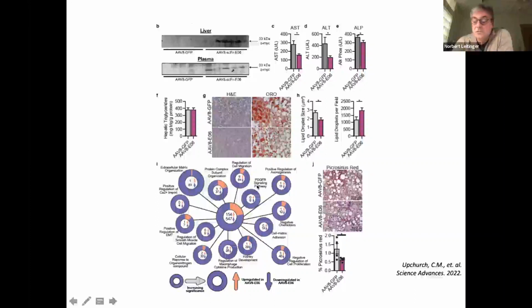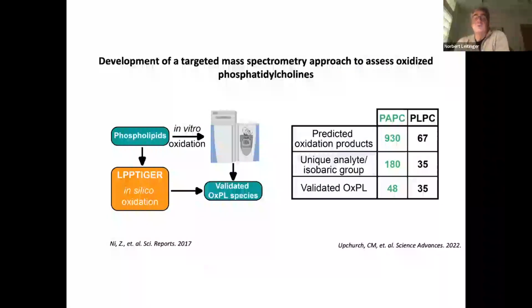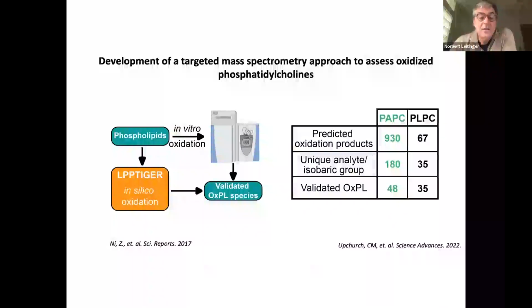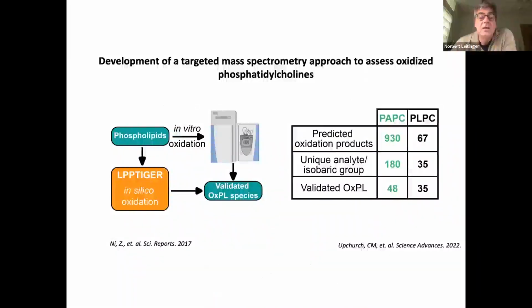So, which led us to the conclusion that lowering these oxidized lipids would also have an effect on the progression of the disease into fibrosis. So how do we know the expression of EO6 in the liver has an effect on plasma oxidized phospholipids? So to do that, and to also look at which species are actually affected by the EO6, we